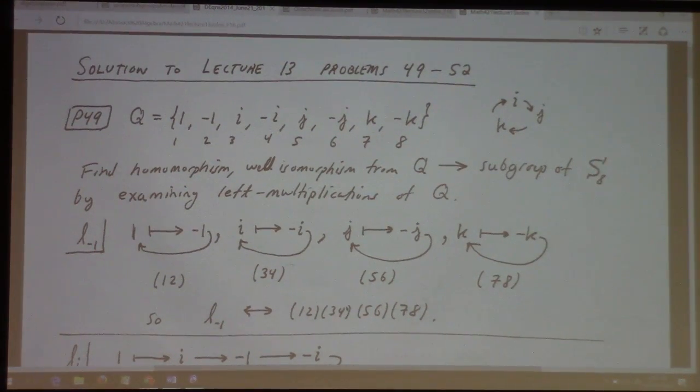Here we were supposed to go through the calculation to come to an understanding of why a subgroup of the permutations of 8 elements is isomorphic to the quaternion 8 group. The idea is to track through Cayley's theorem and see what motion each left multiplication produces. It's not a terribly exciting calculation, but minus 1 goes from identity to minus 1 and back again, and likewise this and this and this. So that gives you this